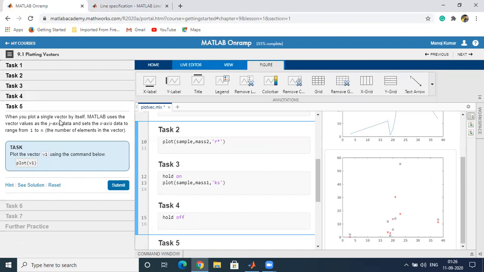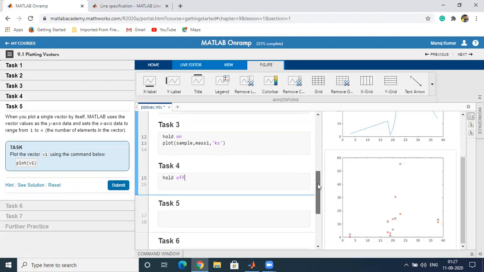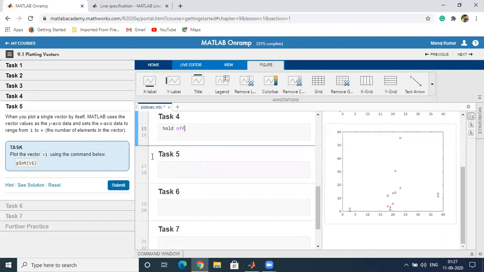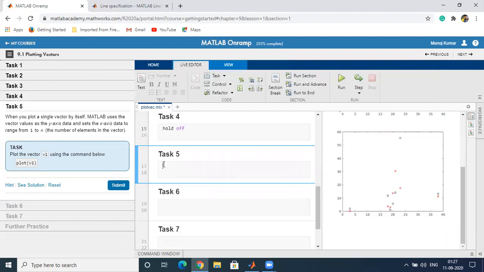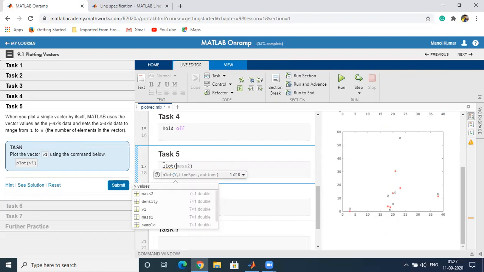Next, when you plot a single vector by itself, MATLAB uses the vector values as the y-axis and sets the x-axis data from 1 to n. So if v1 is a vector, which was the third column, and we want to plot it, then MATLAB automatically takes values for the x-axis and plots against v1.